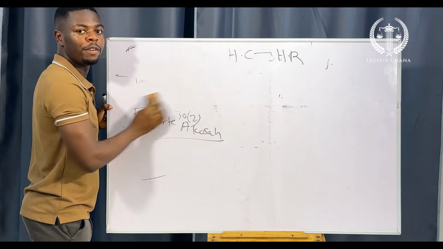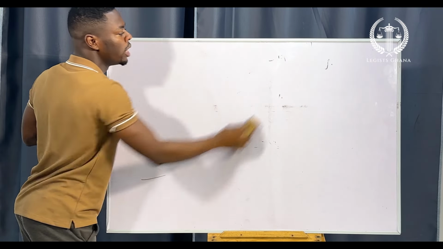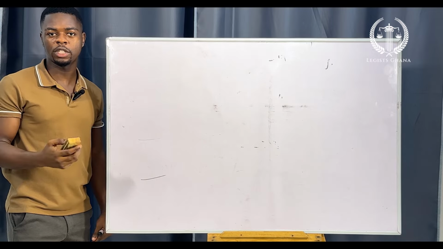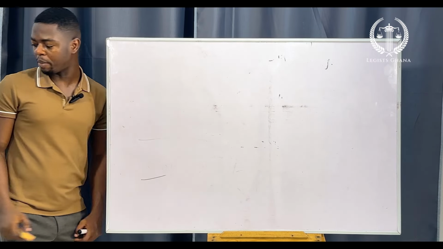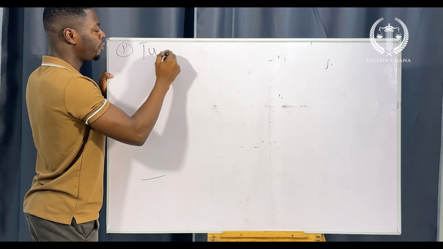Now, we are going to have a look at a line of cases, a lot of cases that will portray the aspect of constitutional interpretation and enforcement. So I'll write the name of the case and I'll just give the principle in that particular case. So the first case in point is the case of Tufuor